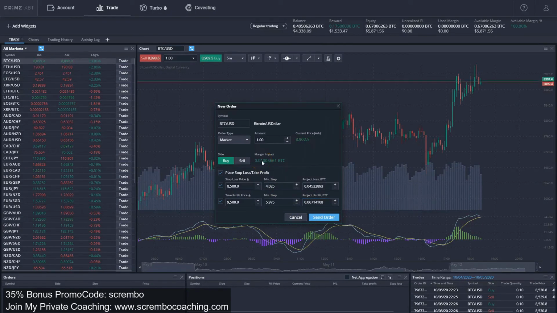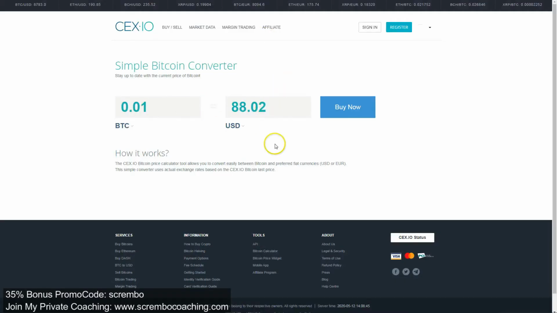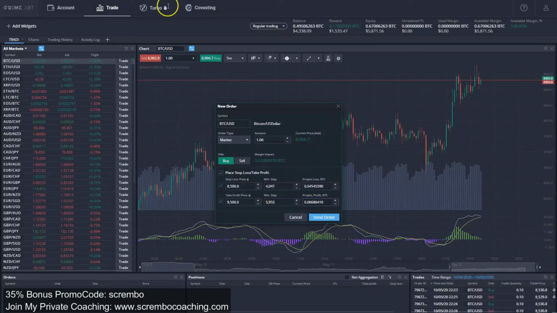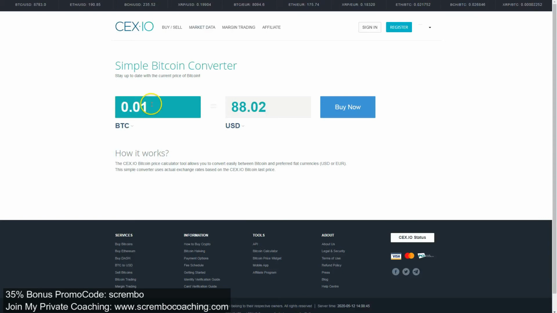You know what's that? It's quite nice, guys, because that's like 600%. Look at the margin impact I have, 0.01. That's how much it's costing me. And we can run a quick simulation on that based on the current price here. 0.01 BTC is $88, and 0.066 is